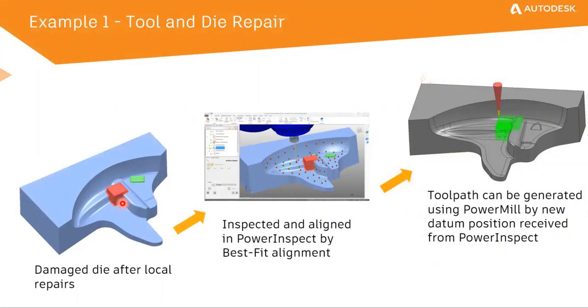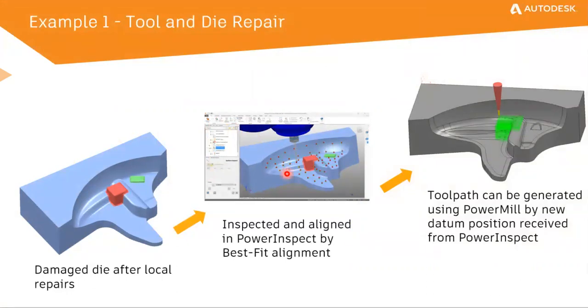And what you can do inside PowerInspect: suppose this component has to be remachined on the milling machine. How will PowerInspect be helpful for you? You have to keep it on your machine and roughly align the component. You don't need to go through it very accurately. Once you align this component on the machine, on the same datum, you have to create the inspection sequence inside PowerInspect, and that inspection point can be exported through the NC program, and that NC program will be run on the machine, and the machine will give you